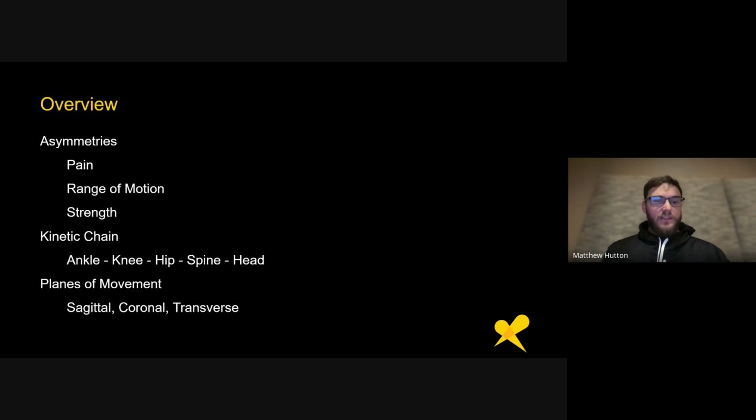And then the last piece of it for me is the different planes of movement. So you can have compensation not only up and down the kinetic chain, but in different planes of motion. The most common one we look at is the sagittal plane. We have people doing, for example, a squatting motion. Are they leaning off to one side? Are they using one hip more than the other, and one knee more than the other? A lot of times the issues we're looking for are in the sagittal plane, but as we'll get into